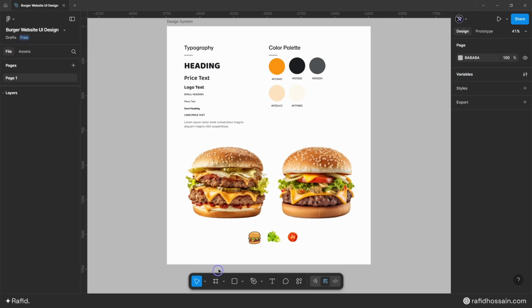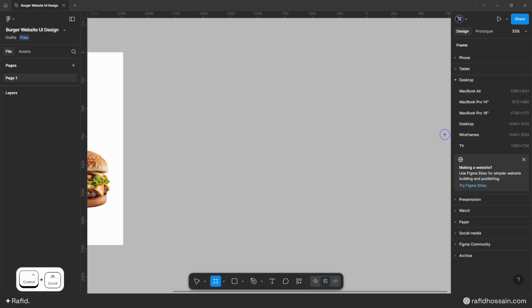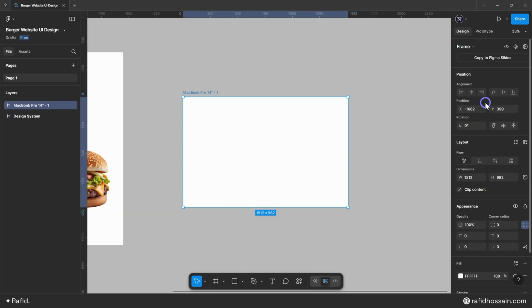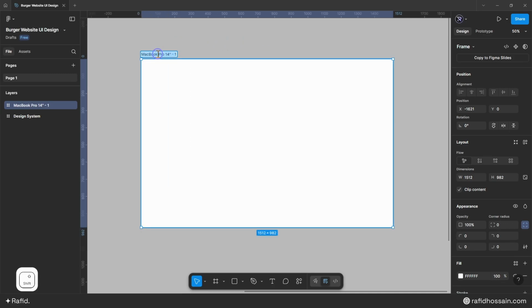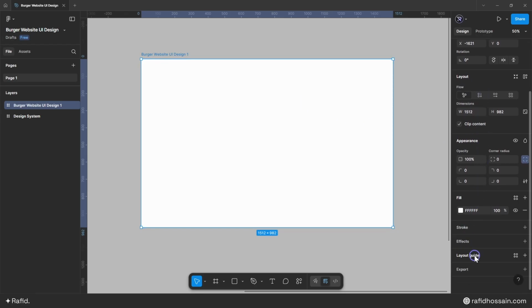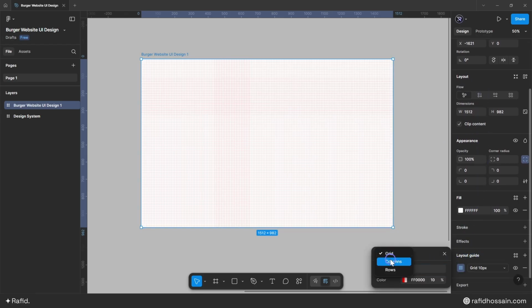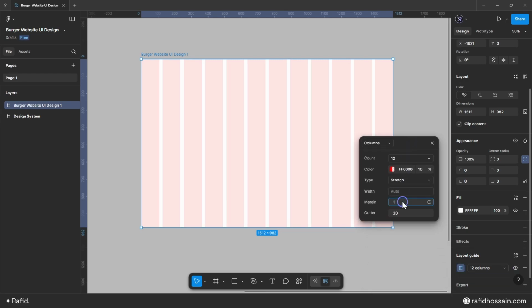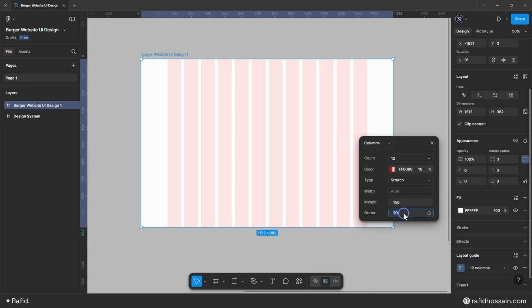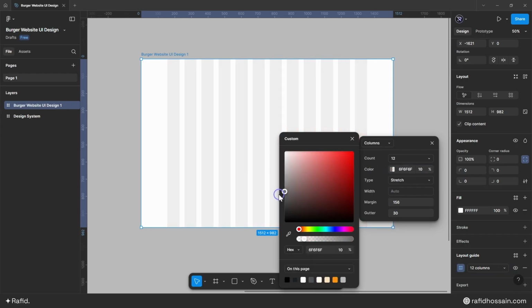So select the frame tool and I'll pick this MacBook Pro 14 inch and I'll place it like here, and I'll change this frame name to like this. Now I select the frame and I'll add layout guide to it. So click on this layout guide and I'll make this columns. Count is 12 and margin is 156 and gutter is 30 like this, and I'll change this color to like